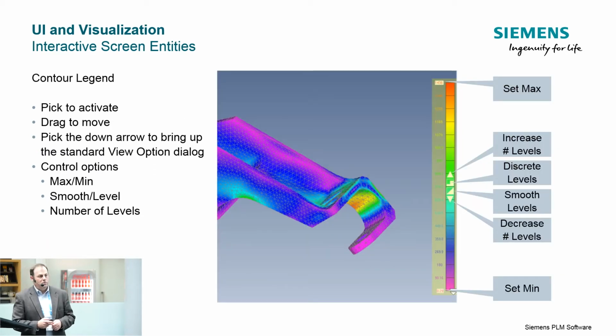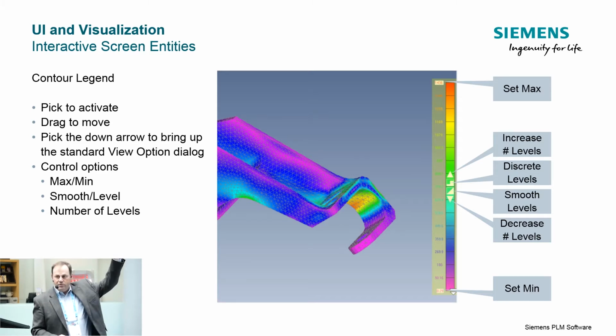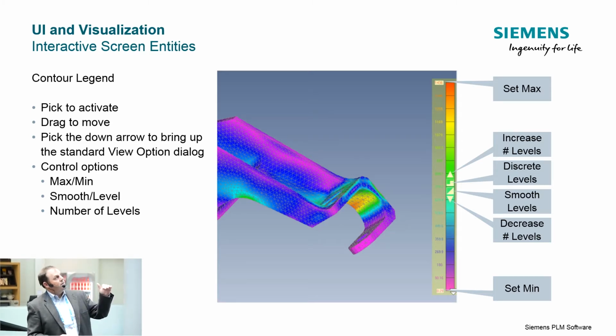The contour legend, you can now click on it and you can increase levels, decrease levels, go from it being a level contour where you can actually see lines between the different colors, to smooth levels, so more of a blended contour. You can also choose the maximum value or the minimum value, and you can set those interactively,